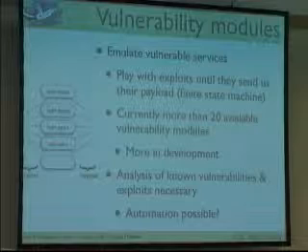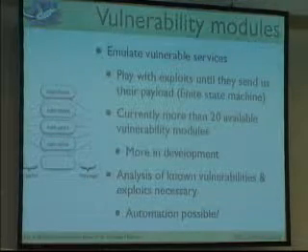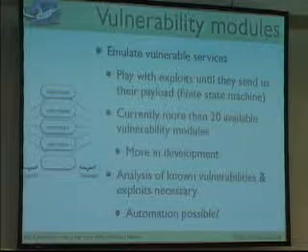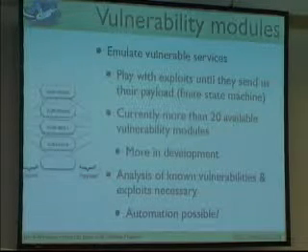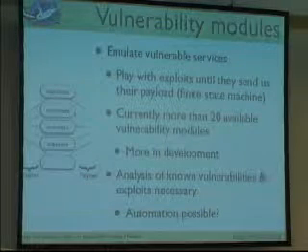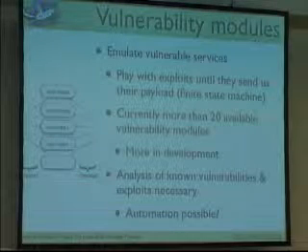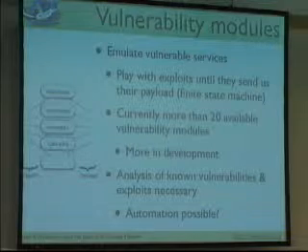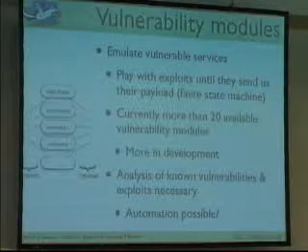So we look at common public exploits, look at what they require in functionality, and we only emulate that. So we have some kind of finite state machine. If an exploit expects a certain response, we give it that, but we don't have the whole service functionality. Currently, there are more than 20 available vulnerability modules, ranging from the old but still often exploited LSASS vulnerability to recent CyberLink vulnerabilities, but that was even after this talk. So we always continue to develop more, as some exploits are not exploited anymore and so on.